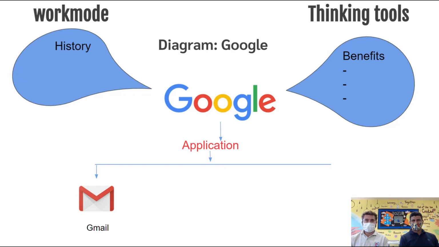Okay, let's see the thinking tool, the work mode. So you have the diagram, you have here the history, and then the benefits. So you can go back to the video, and then just copy what you see on the slides, and also about the video that we showed you at the beginning. Okay, so for the video, we'll give you the details of the history and the benefits. We have given you 7-8 points in the previous slide, so make sure to copy those. And once you finish that, you have to make the application at the bottom. So you have Gmail, and that is one hint that we give you. Tell us 5 other Google applications that you use every day.